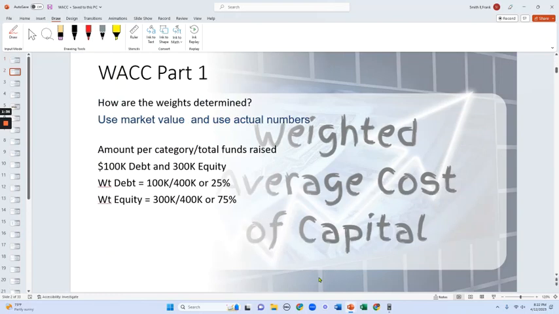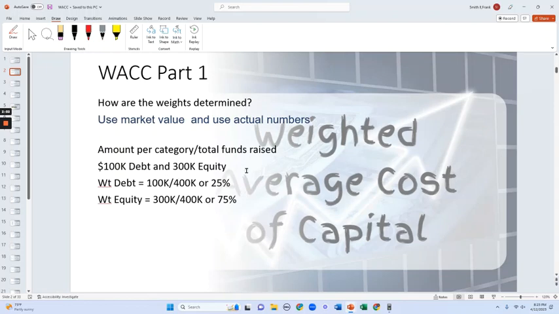So how are the weights determined? It's actually pretty simple even in the real world. It's how much money is invested or raised from each of those methods. How much is in debt, how much is in equity, and so forth. In the simple example we have here, there is no preferred stock. Preferred stock is actually quite a bit more rare than the other two, so this is probably more of what you'd see. Basically in this case, the firm raised $400,000,